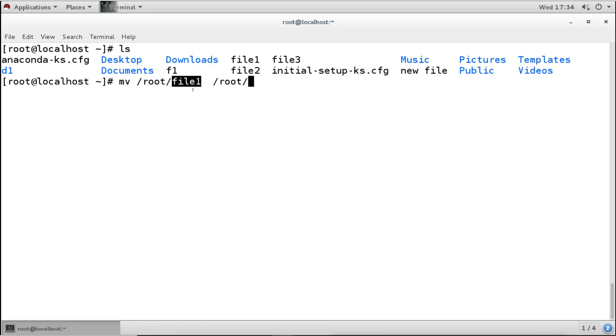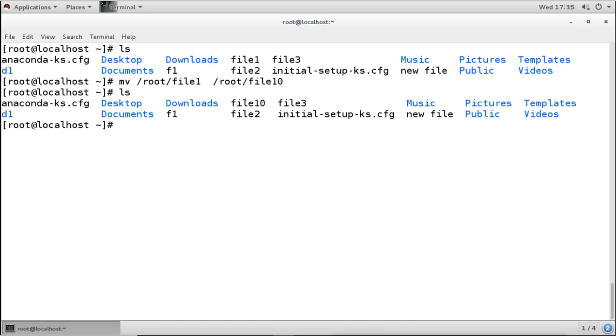So here it is file 1, and here I will say it will be file 10. Now it is moved from the same place to the same place, only it has changed the name. So this is how we rename the files, or even a directory also. The same command we use to rename directories. So now file 1 has become file 10.